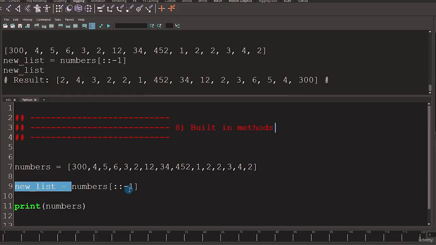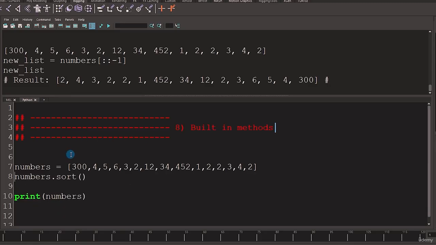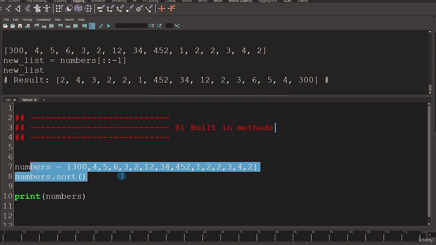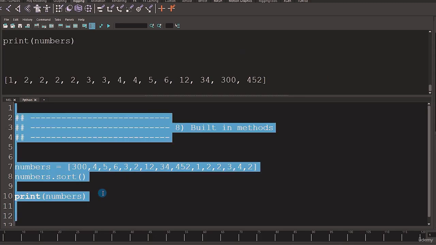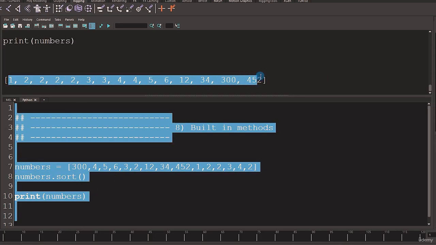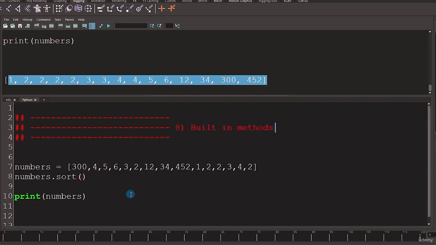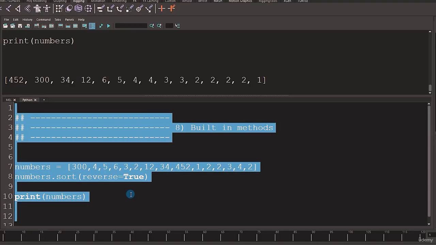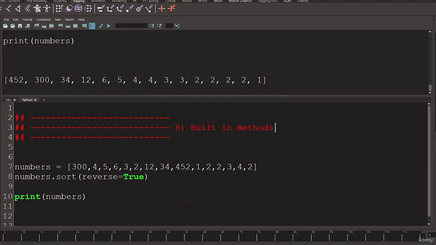And then as we looked at earlier, we've also got sort. So we could do sort, which again will permanently sort that list. Sorry, I didn't use the word append in this context, but it will change this list permanently. So if we print out sort, we see we've now sorted this list in size order. Very nice and easy. But you can also use that and reverse. Go true. And you'll see we go from the other side. Easy. So those are all the built-in functionalities and methods